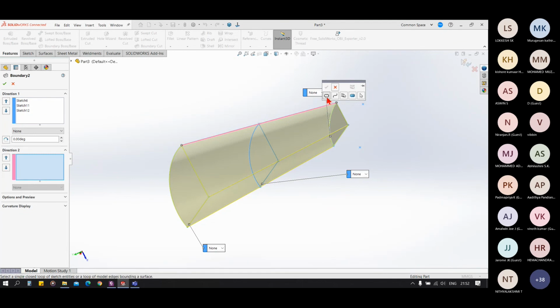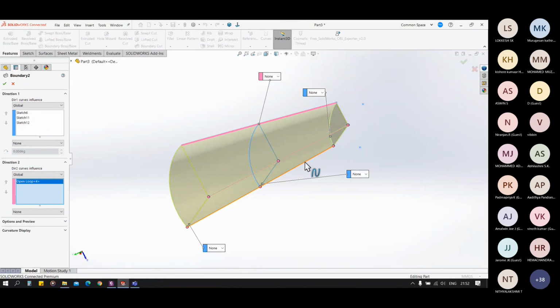Suppose we select the closed loop, it will not select our single open loop. That's why we have to tick the option select open loop. So it will enable us to select the open loops also. You see, we can select open loop. But when we click the closed loop, it will not enable us.